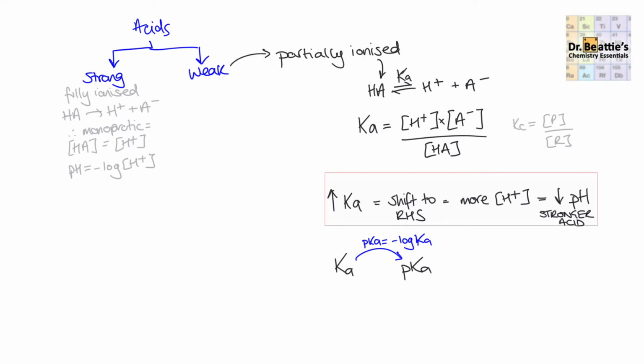And vice versa, if you want to take pK and make it into Ka, very much so like pH, what you need to do is take 10 to the power of minus pK. So again,